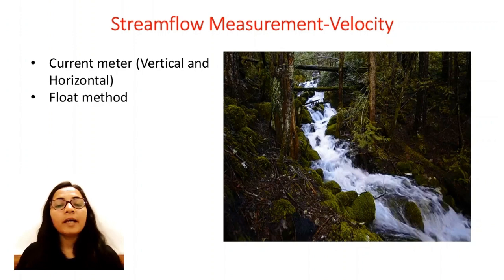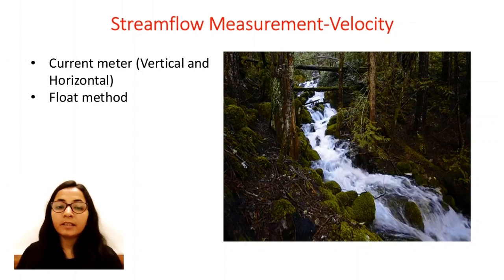We know that the velocity varies in different sections of the river. The velocity of flow also varies with depth. In the deeper parts of the stream the velocity will be high, and at the surface the velocity will be low. To estimate the discharge, we generally consider the mean velocity, and to get the mean velocity we record the velocity at different points or different sections of the stream.